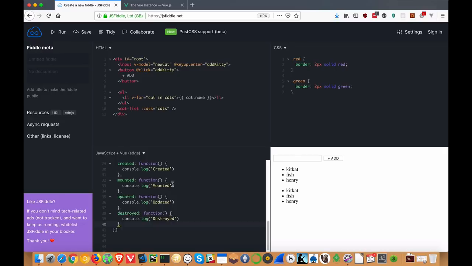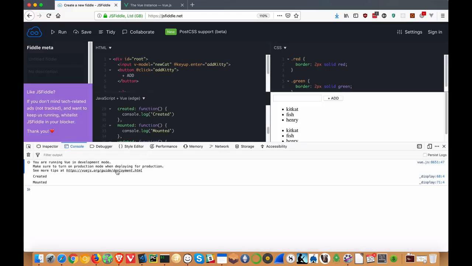I'm going to run this. And if I look at the console, it shows created when the component is created, and when it's mounted to the DOM, it runs mounted. Now it's been updated because the state in the data object has been updated. Now for destroyed, it's a bit harder because in the small application, this instance never leaves the DOM or is destroyed. So I'm going to